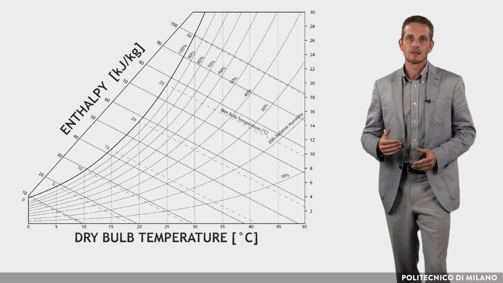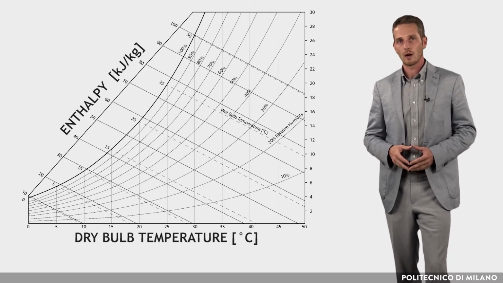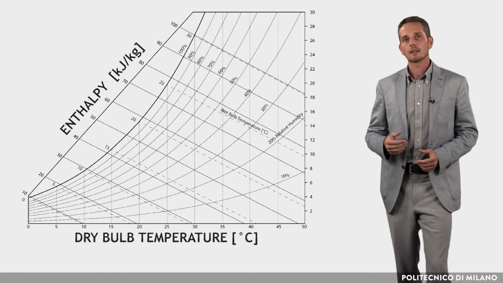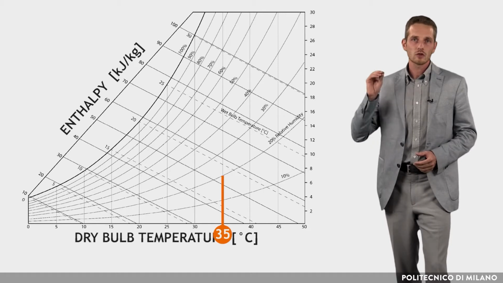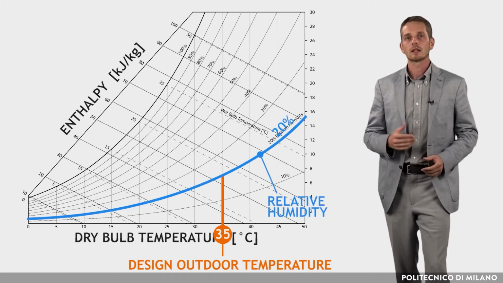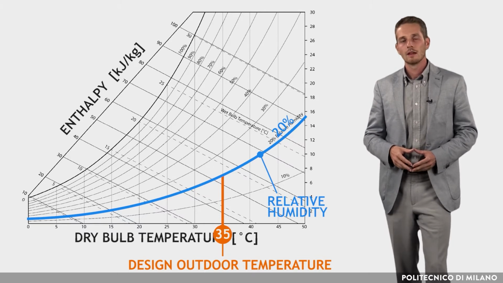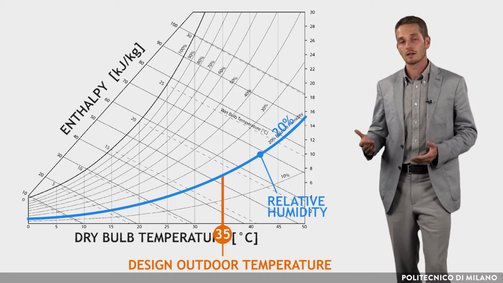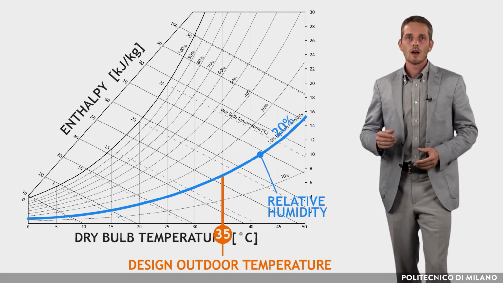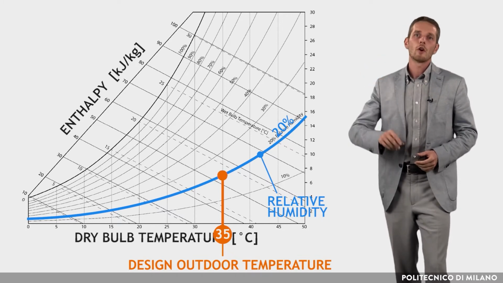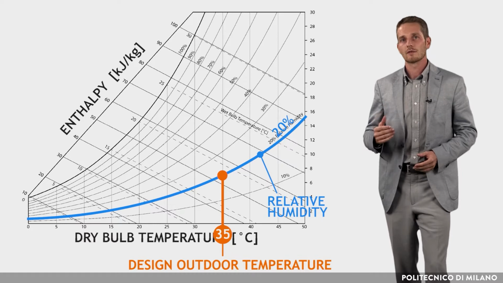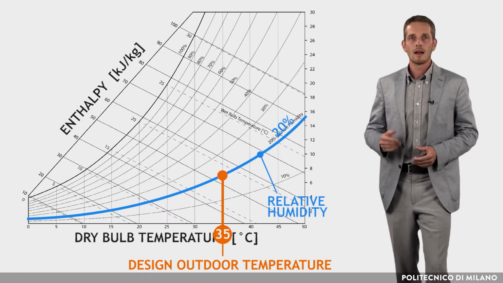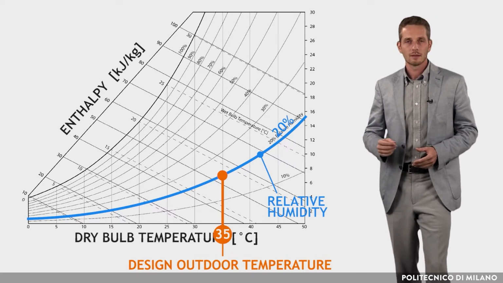For a first approximation in sizing a downdraft evaporative cooling tower, a 5-step procedure can be followed. First, from climatic data of the location, find the design dry bulb temperature and the coincident relative humidity for the site. Such data represent the worst climatic condition to take into account when sizing a cooling system. Second, on the psychrometric chart, mark the points corresponding to the chosen design values. For instance, dry bulb temperature equals 35 Celsius degrees and the relative humidity equals 20%.